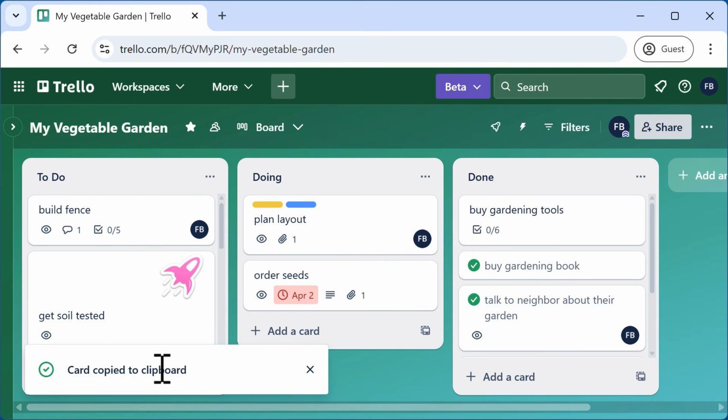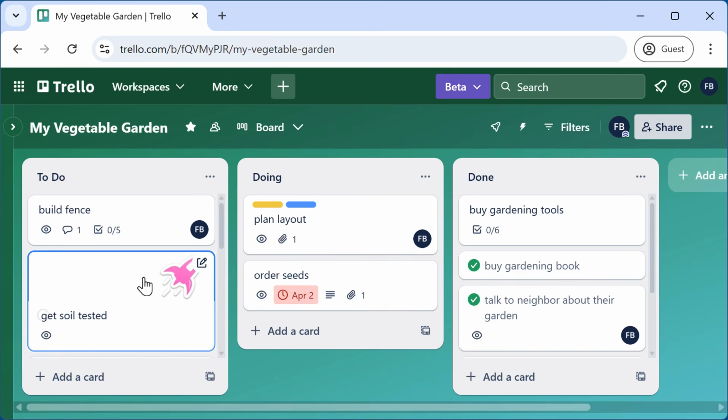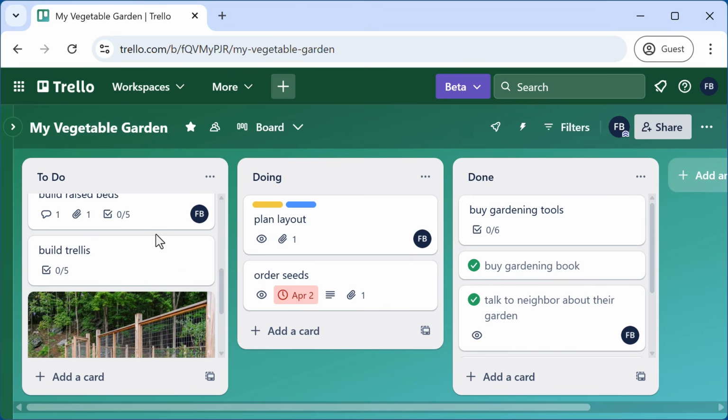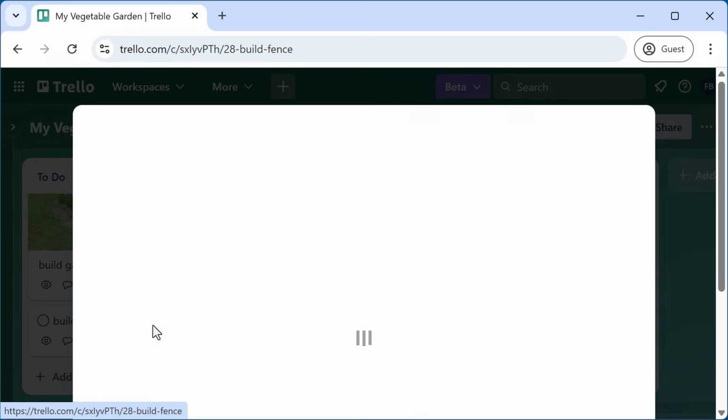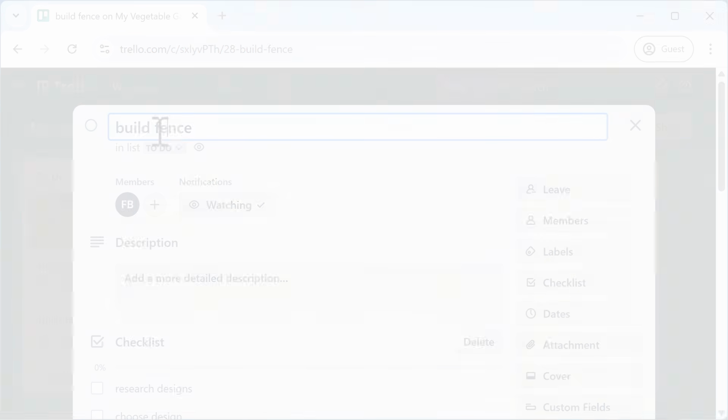Note that the card has been copied to the clipboard. Hover over where you'd like to paste the card, and then use your keyboard shortcut to paste, Control-V or Command-V. Note that the card has been added to the list. From here, you can edit as needed.